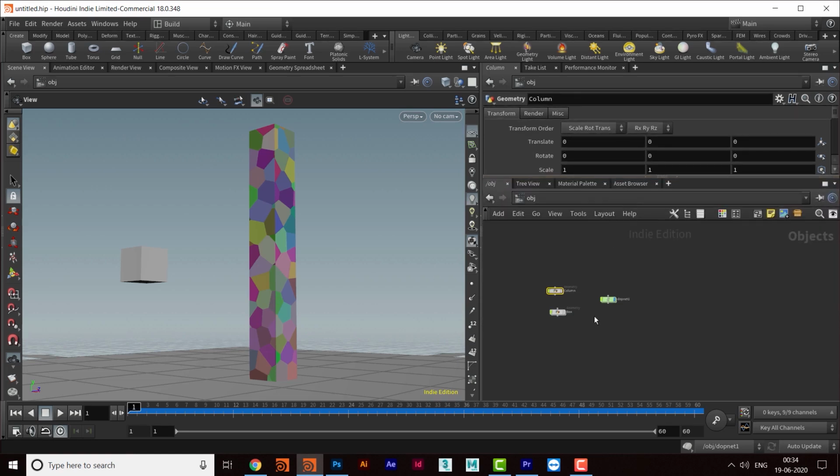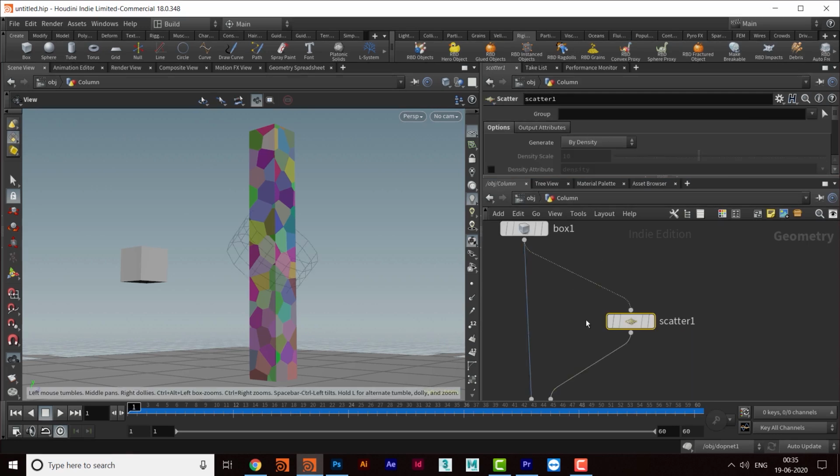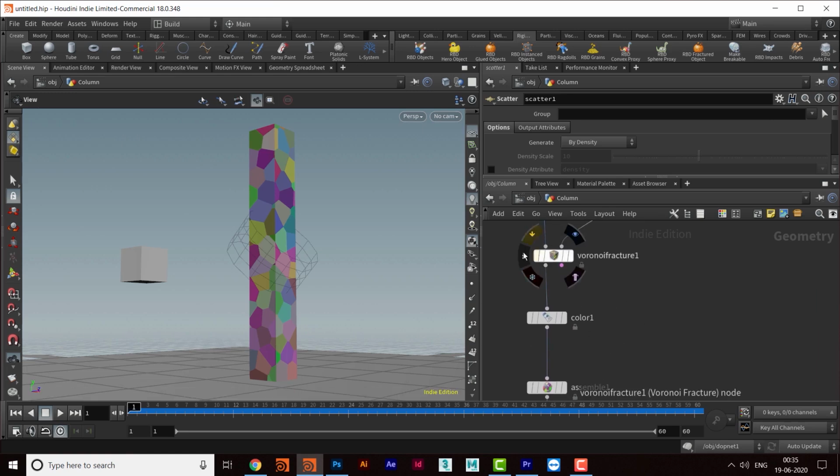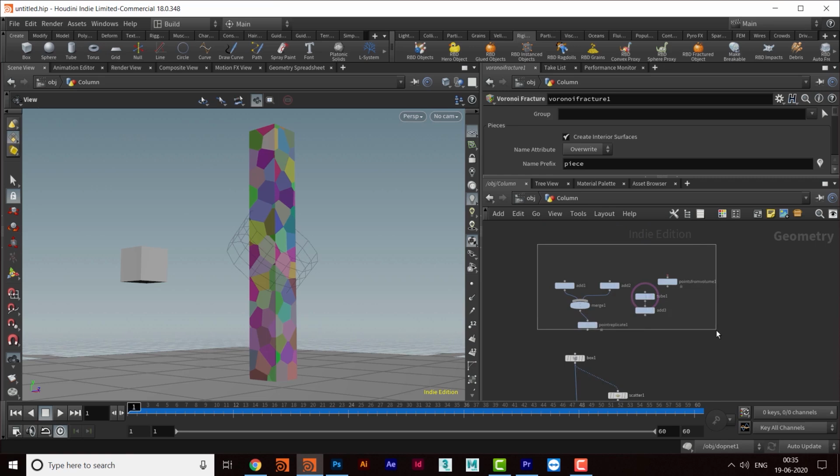So for that I will go to the column and change things from here. I will come to this Voronoi fracture, and I will delete these things. I don't require them.